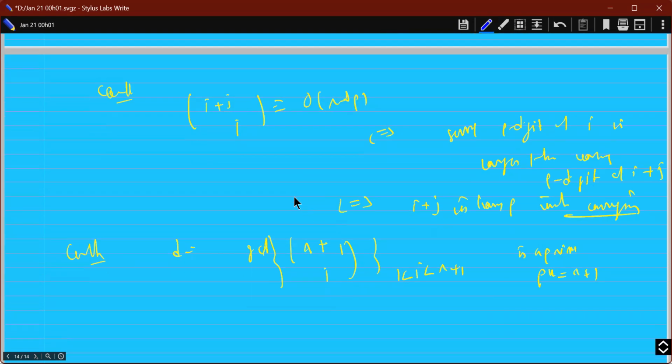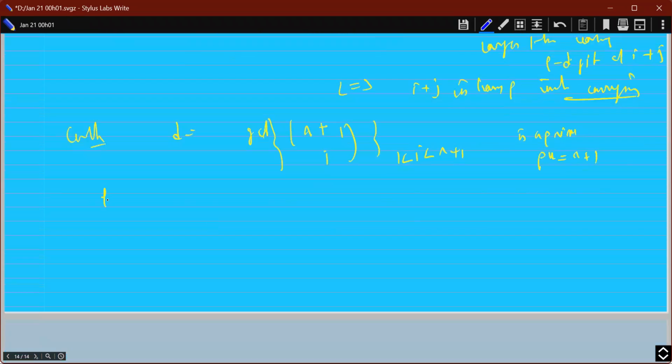Okay. So let me prove this. So first we suppose that this is not equal to k. Then we can decompose it as I plus j, right, non-trivial, such that